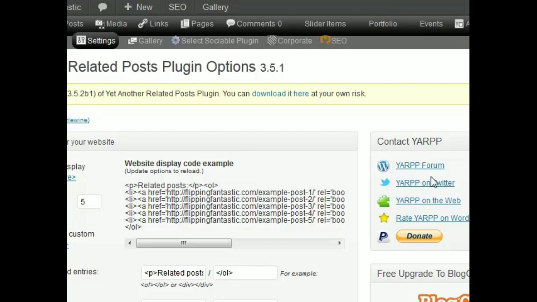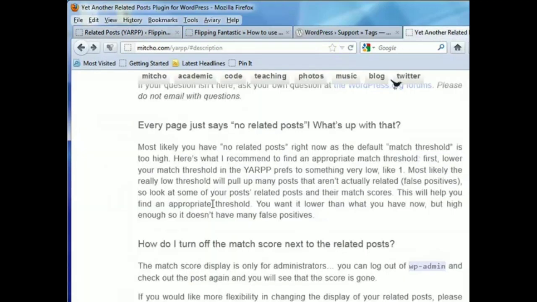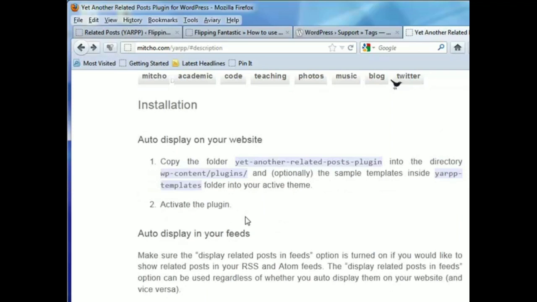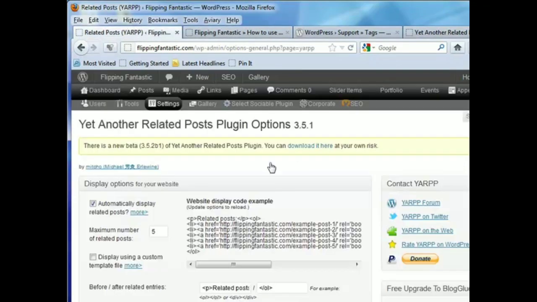I want to draw your attention over here because they have a lot of great information on the forum. I found some cool stuff on there, and the plugin has its own little web page right here with descriptions and frequently asked questions. Very helpful. But I want to talk about two little things. First,